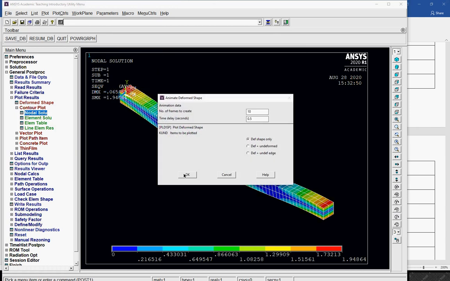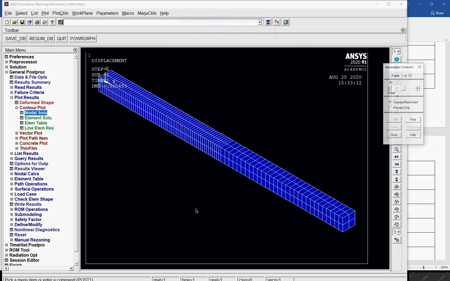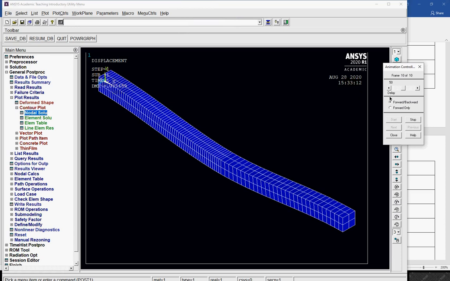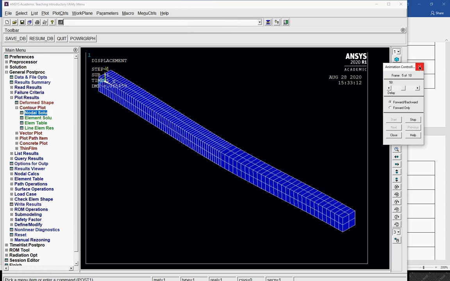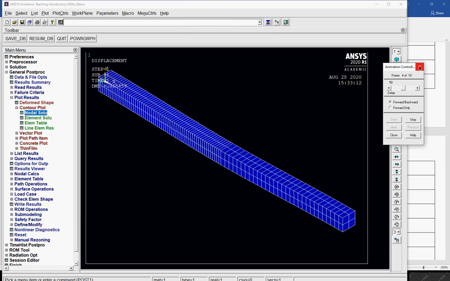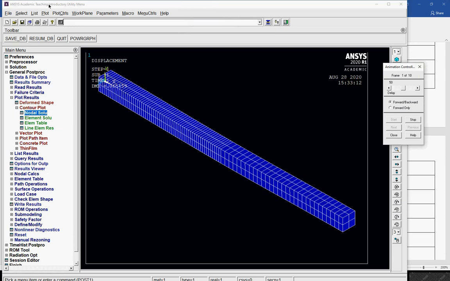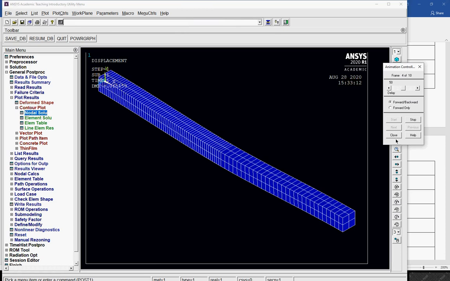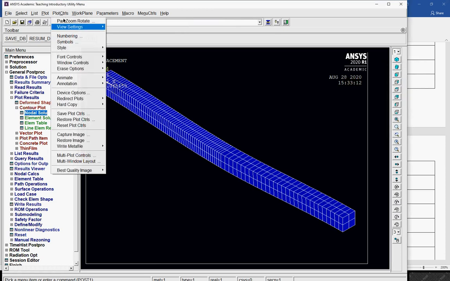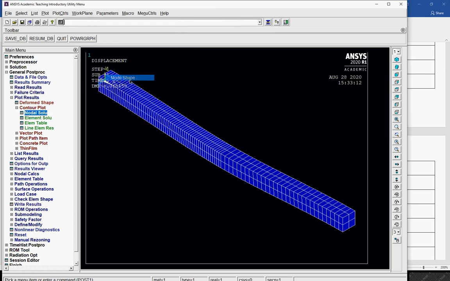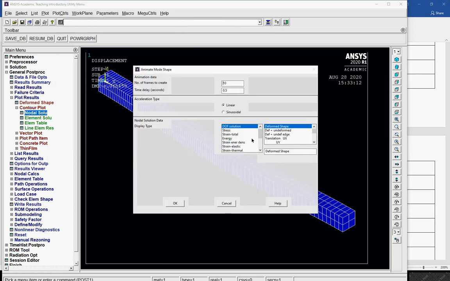Okay, so this is how the deformed shape animation is looking. Mode shape, stress, von Mises.